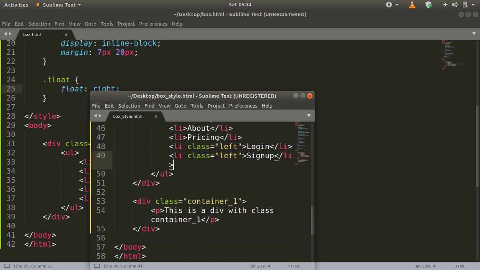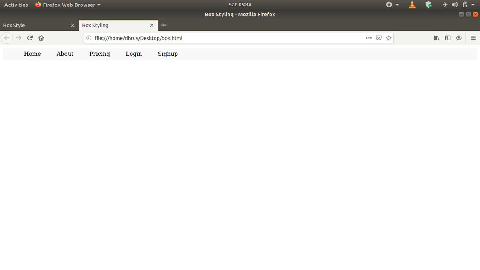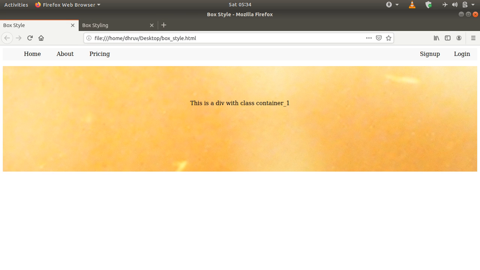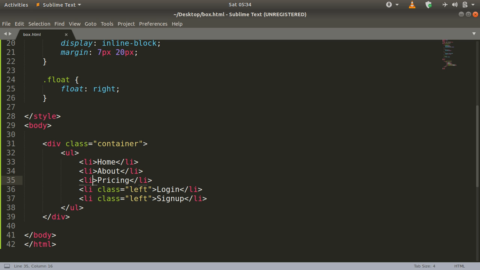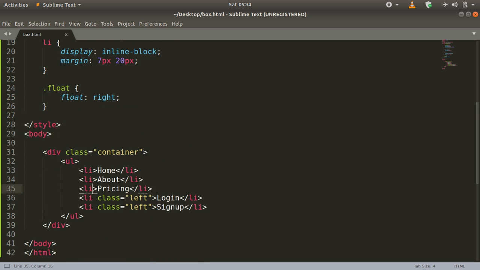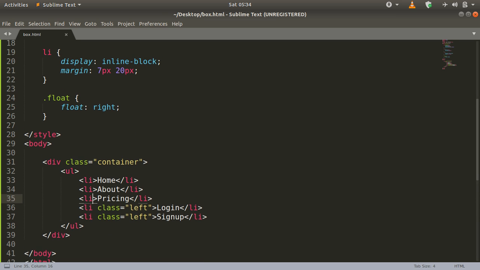Okay, class left, we have given the class left to login and sign up. Let me just remove this for now. Okay, this login and sign up. Let me see what the problem here is. Division container and li classes.